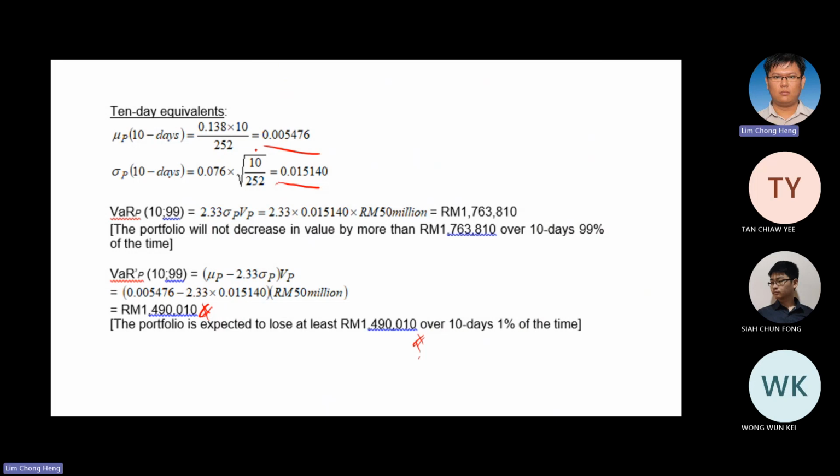Your friend asking why not totally divide by this figure. Okay, so I have the annual data. I want to convert to the daily, so divide by square root of 252. This one no issue for you, right? If I want 10 day, 1 day figure, this is the 1 day figure. I multiply with the square root of 10. Correct or no? Correct.